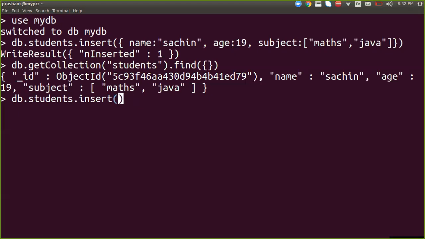Sorry, here we are using an array because we are entering multiple document entries into a collection. Within this array we open a curly brace for one record, and for another record we can use another curly brace. So this is the basic syntax of inserting multiple documents. Within these curly braces I'm going to insert a document: name colon